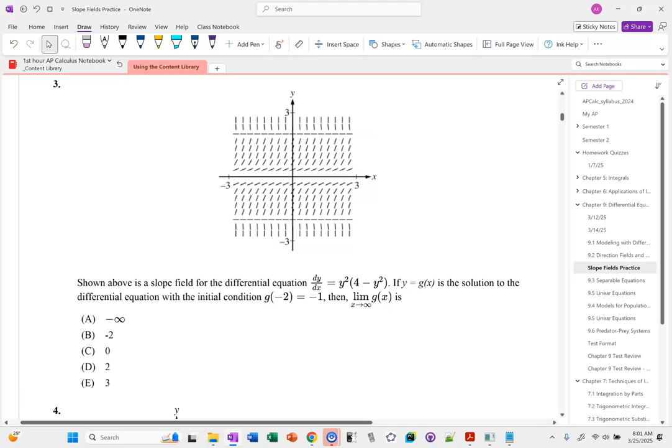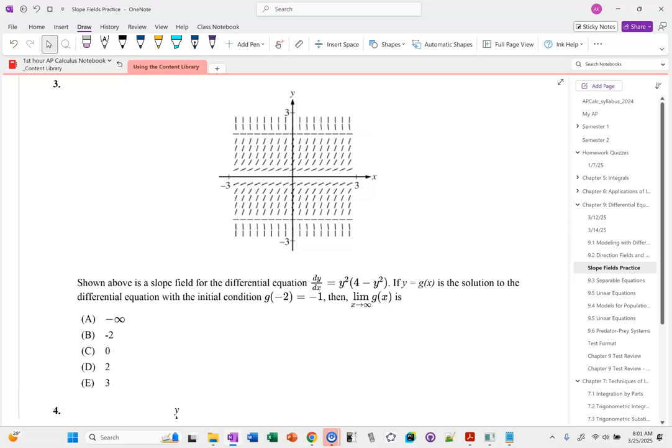All right, the next one says, shown above is a slope field for the differential equation dy/dx equals y squared times (4 minus y squared). If g of x is the solution to the differential equation with the initial condition g of -2 equals -1, then the limit as x goes to infinity is